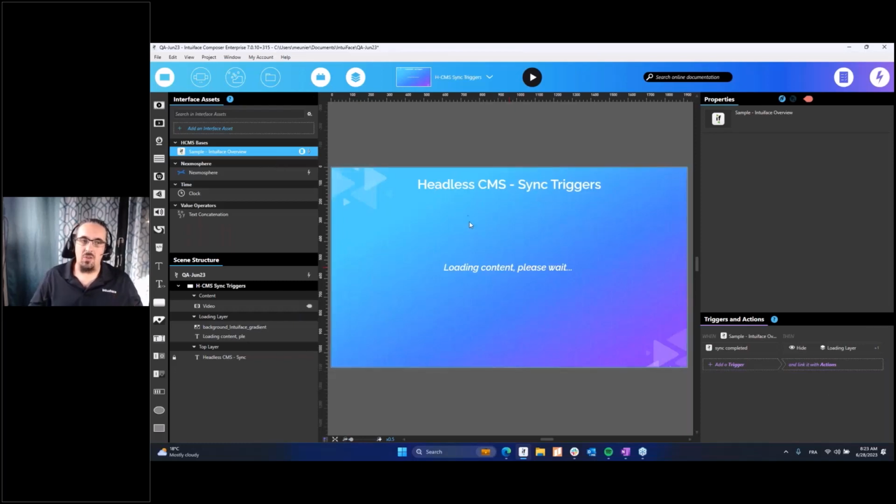So using this trigger is a good practice. I almost want to say it's a must do. Actually, I can't really think of a case where you shouldn't do it. It adds this one little extra step, as opposed to if you were using an Excel file, maybe in the past with interface. But that's the kind of a compromise of having the content being uploaded, managed in the Headless